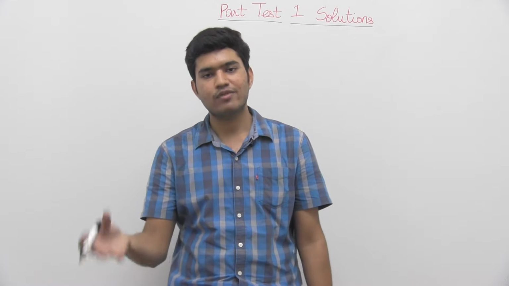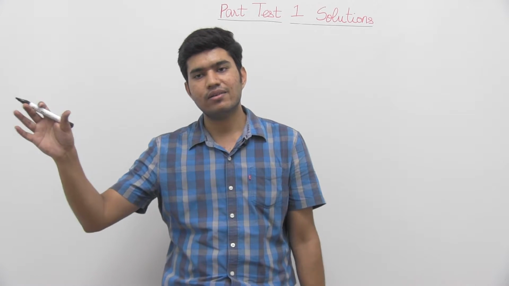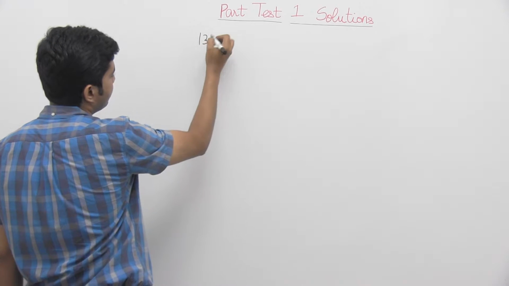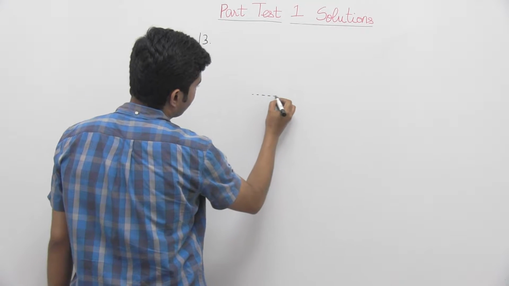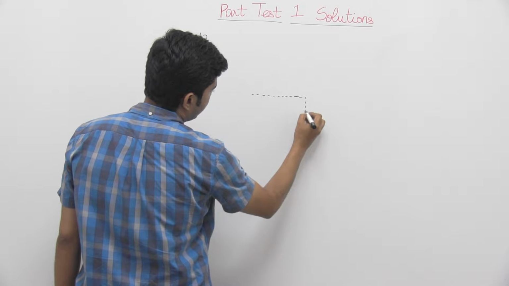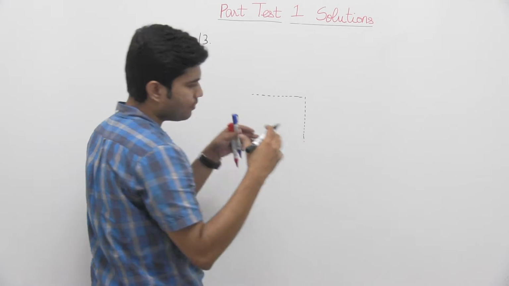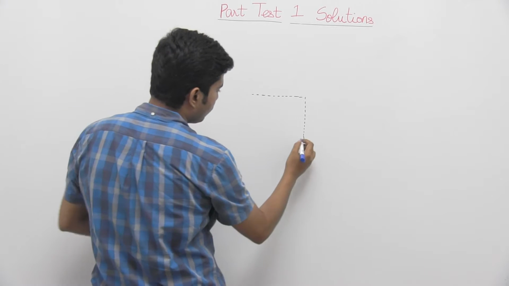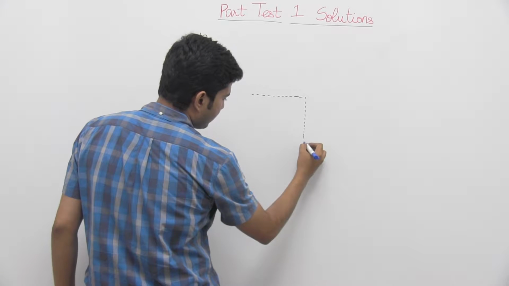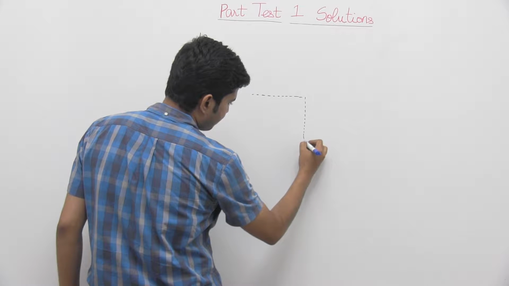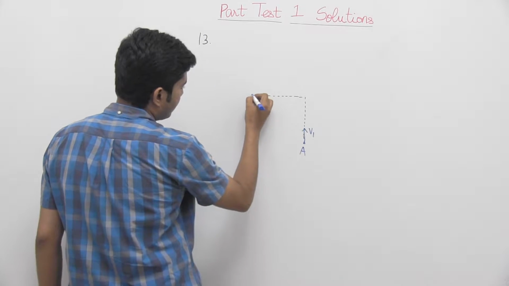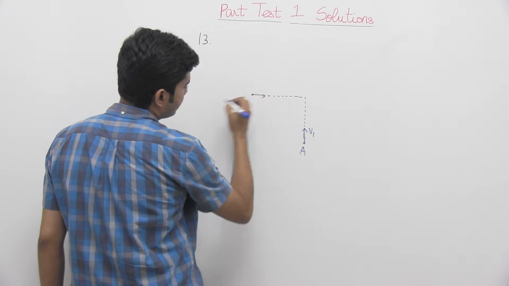If you read the question carefully. Don't just blindly start applying the normal formula. So let us try to draw the correct figure. There are two particles and their motion is given as perpendicular. In the language only they have given that they are moving perpendicularly. So imagine I take this as the object A. Its velocity is like this, v1, and this is the second object, its velocity is like this, v2.